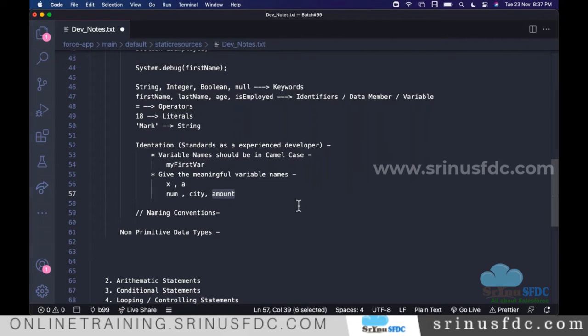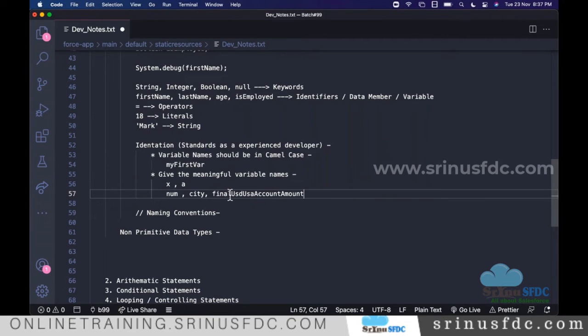So let's say I have something like this: final USD, USA account amount. If you have something bigger, if you want to hold, so it is becoming big, right?